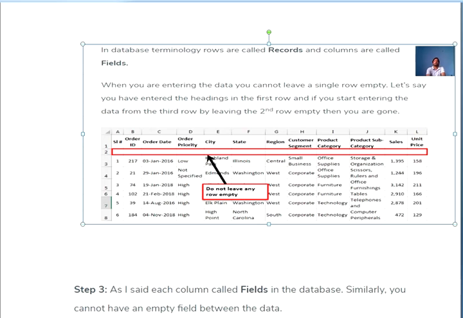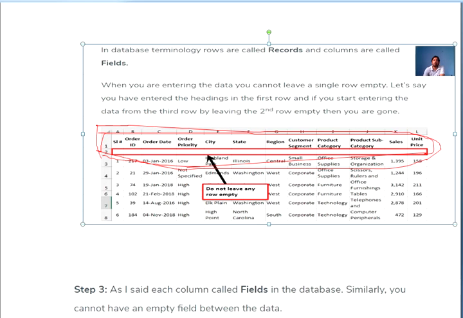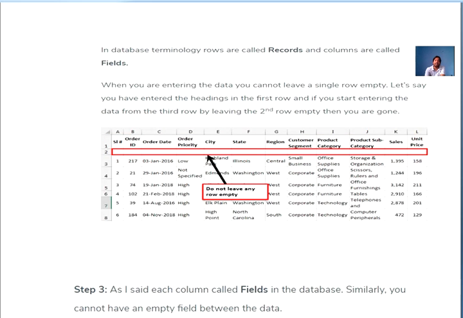Then look here, this is the most important. The most important thing is that we should not leave any row empty while we are making the database. See here, this row should not be left empty, because when we input the data, we continuously input the row and column. If there is a blank row, then the data also will be entered in the blank row, because in the form there is no option given to skip the blank. So be careful, we should not leave any row empty.